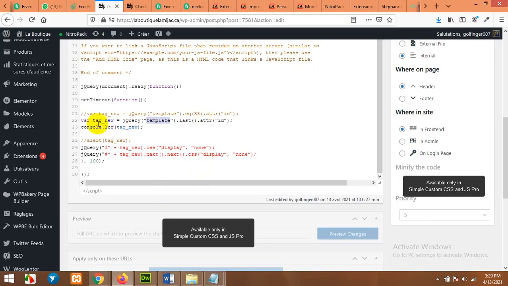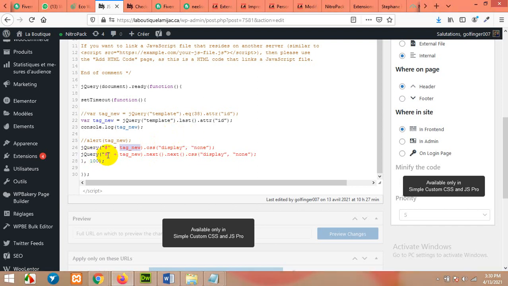After getting the ID, it will save it in the new tag variable, and then I'll choose jQuery hash. Starting with hash means it will concatenate that ID which we got from this line with the hash, and then it will apply CSS display none.